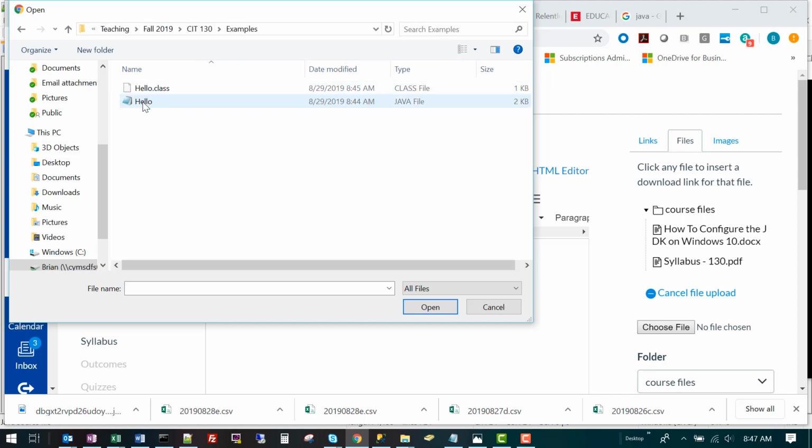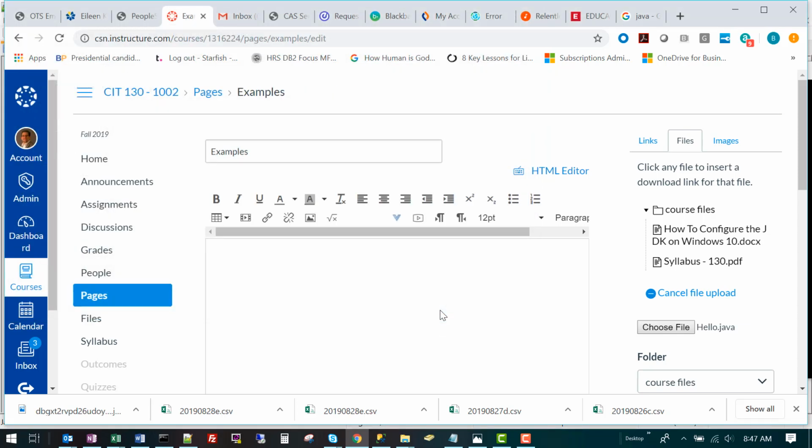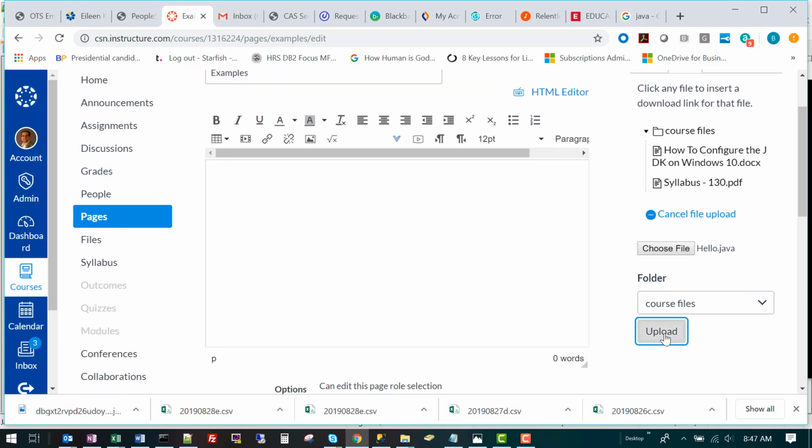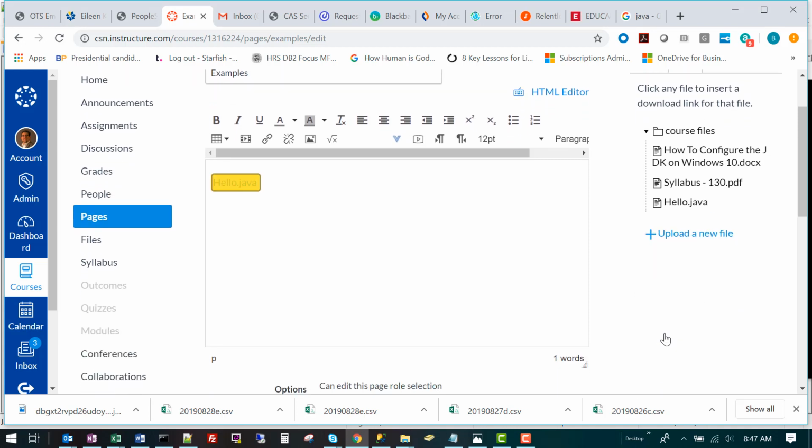I'm only uploading the source file so that you have the ability to open it up in your own text editor or IDE. The source code is all you really need in order to be able to see what we did and to play with that for your own benefit.